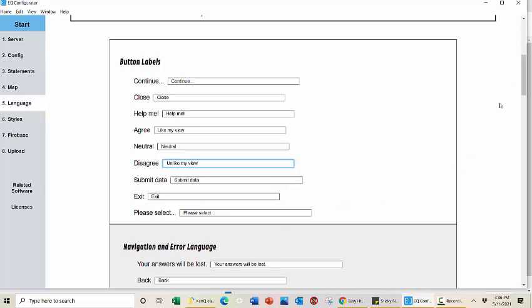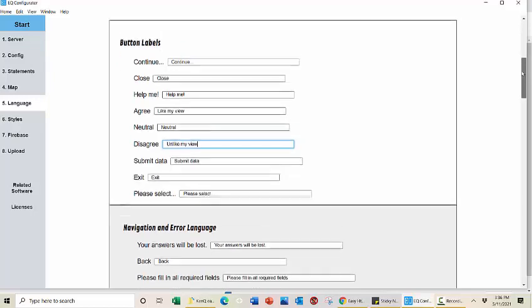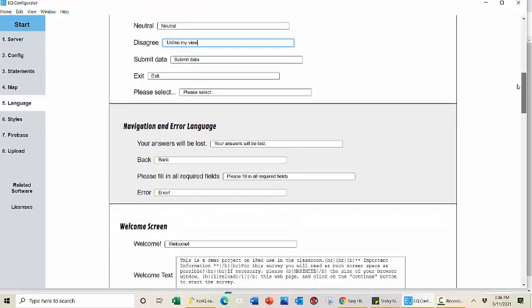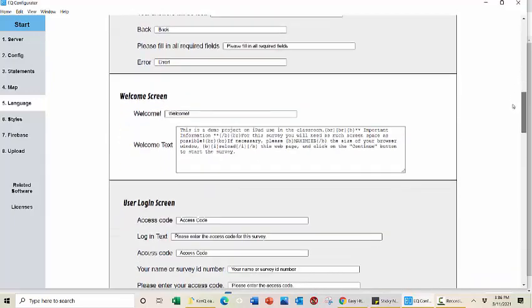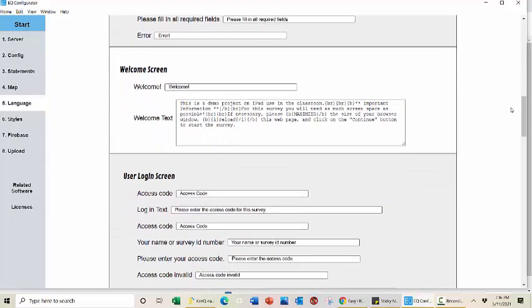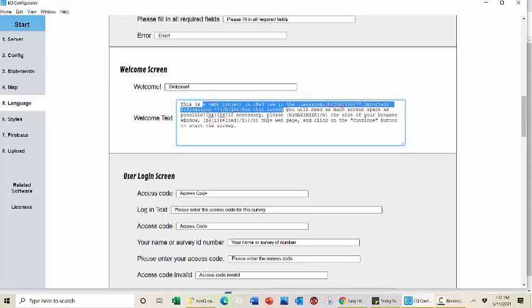And maybe I don't really want to change any of those things. I have some language things, and here is my welcome screen. Here you notice that it has these little B's, /B. This has to do with the formatting. So if I wanted to change this,